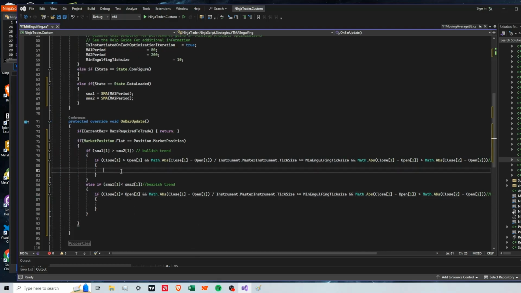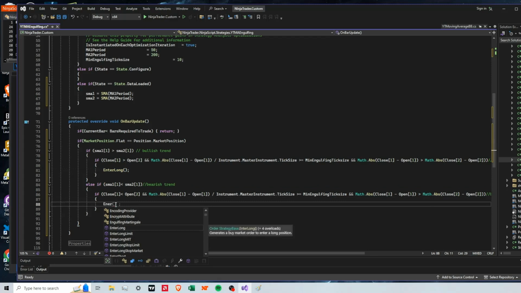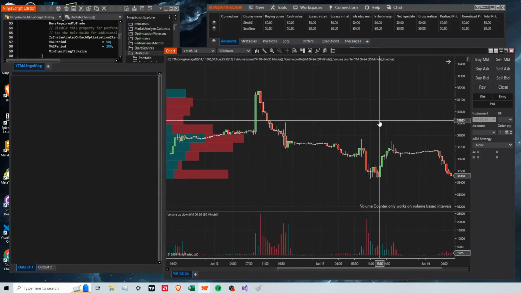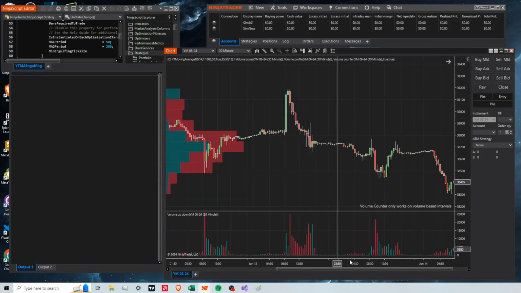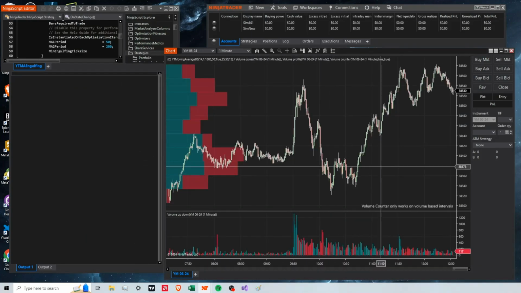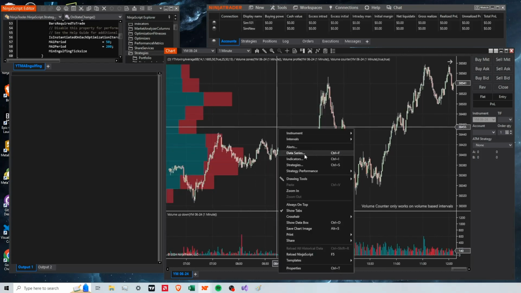So now let's just do enter long and enter short, to test if they're working. Go ahead and click Control S to save that. Let it compile. Now, I don't think there's going to be enough bars on this chart, but